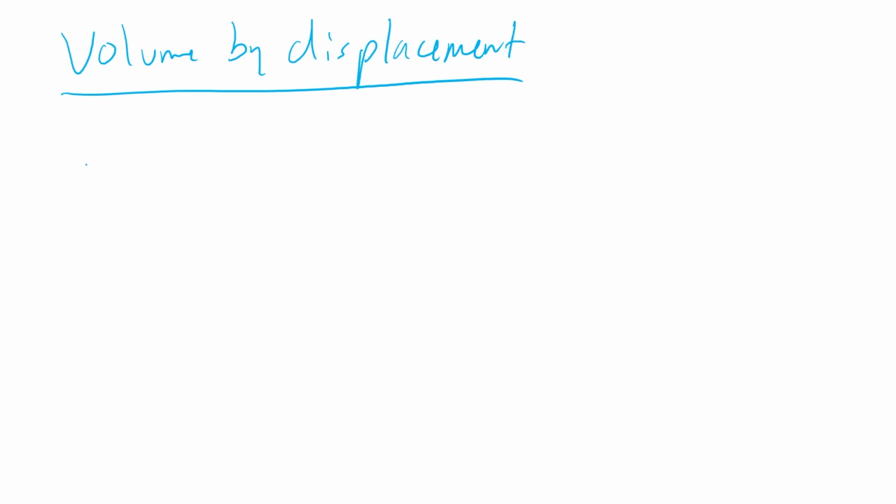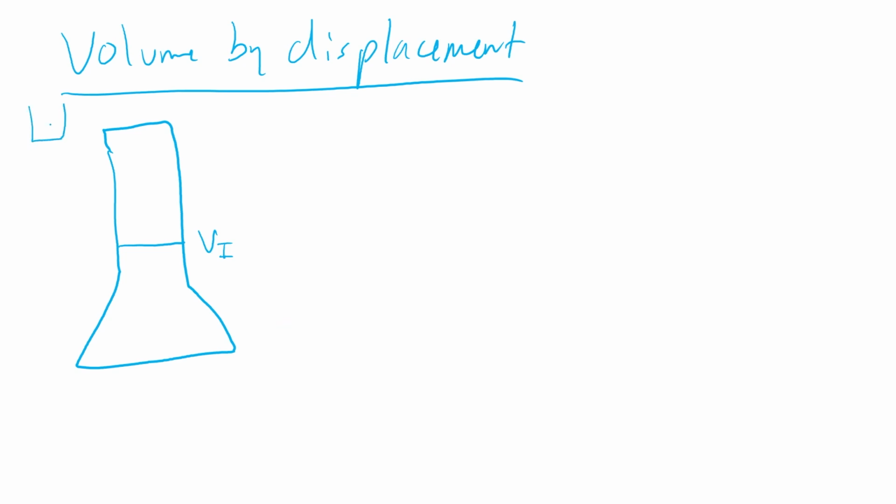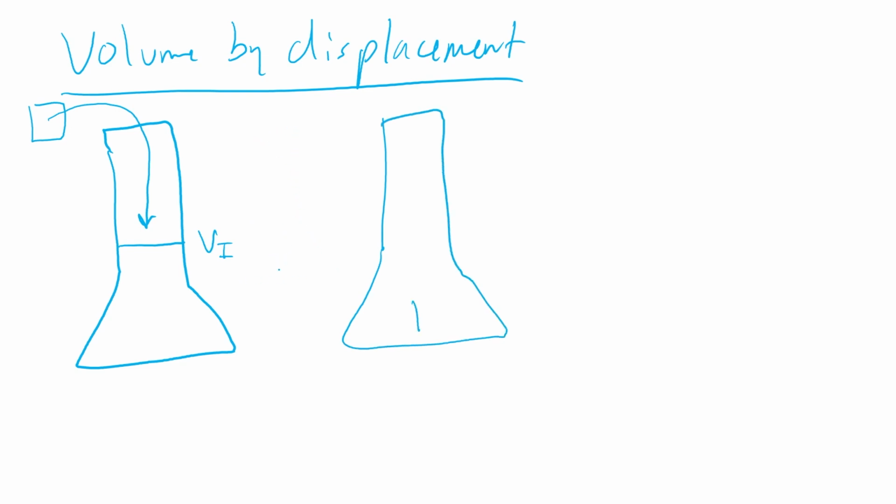Volume by displacement is a pretty simple idea. We basically take a container and fill it with a liquid like water, and we take a measurement of the initial volume reading. We would take our object, some type of solid object, and put it into the container that has the liquid. Now, when we drop that solid object in there,